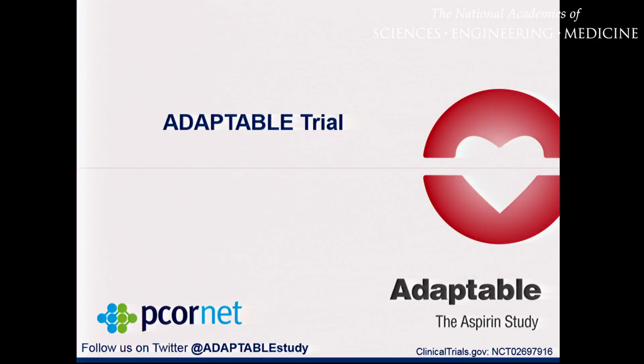But as I mentioned, we're also able to perform intervention studies. And the big one we're doing right now is the ADAPTABLE trial, which is a pragmatic randomized clinical trial looking at the optimal dose of aspirin for patients with coronary heart disease. We've been giving aspirin to patients with coronary heart disease for years, and we still don't know what is the optimal dose. Should you be on 81 milligrams of aspirin or 325 milligrams, balancing the benefits versus the risks of